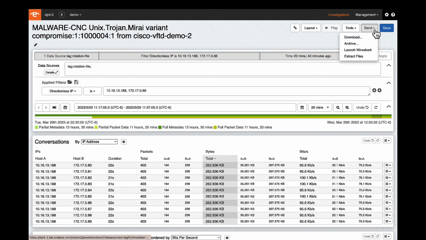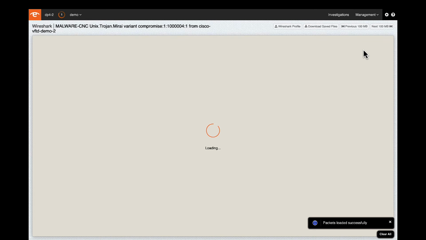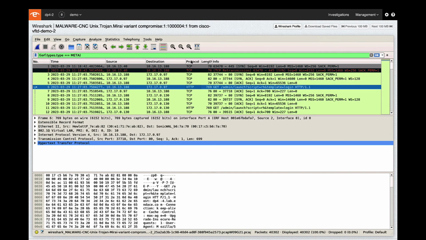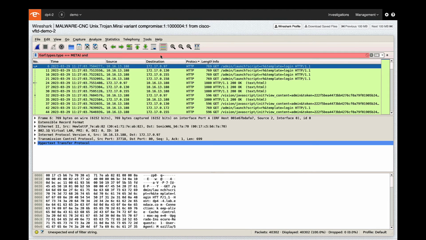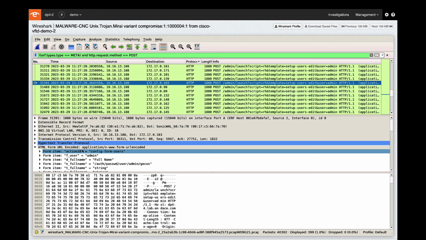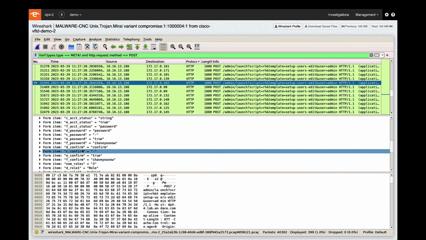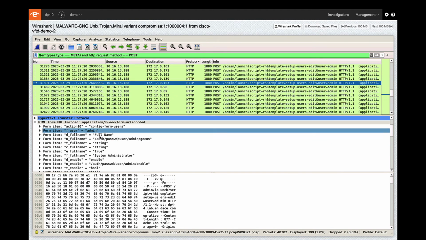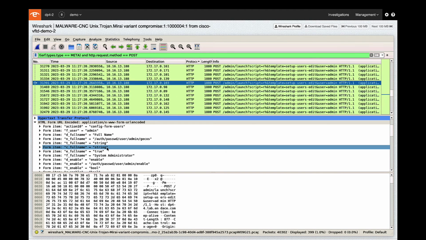Endace probes have Wireshark built into each appliance, so we can open Wireshark on the probe to drill into the packet level data. We want to focus on the HTTP traffic, and we see the HTTP post exchanges have the login to the IoT device itself, where in the HTTP protocol form fields, we see our valid admin user and password. As we move to the next larger frame post, we learn the device is now in the configuration mode